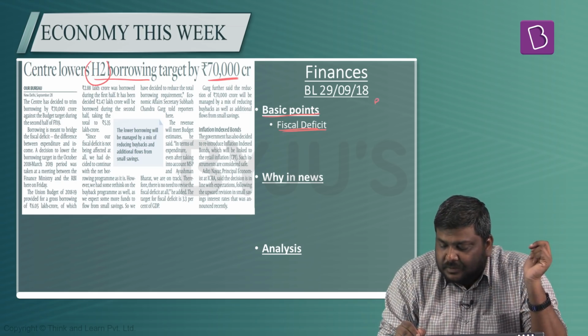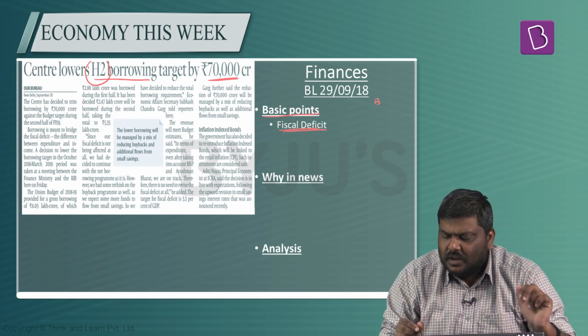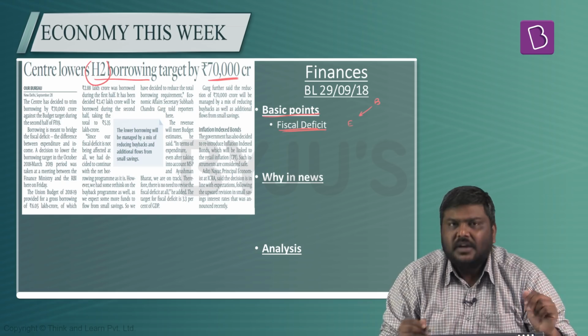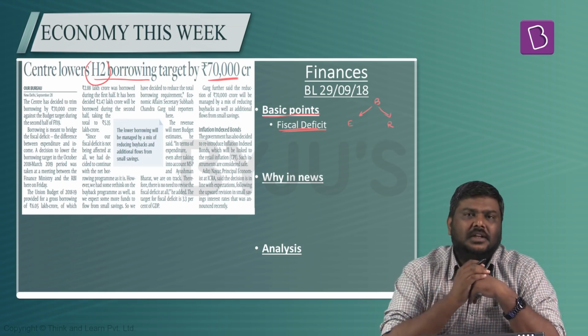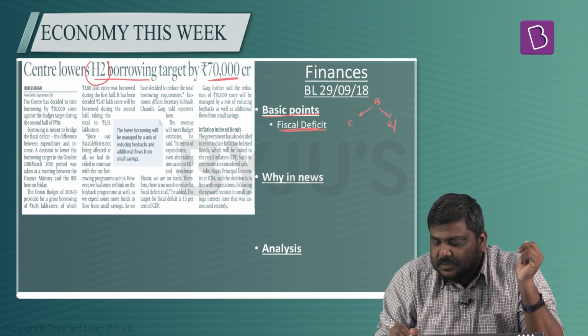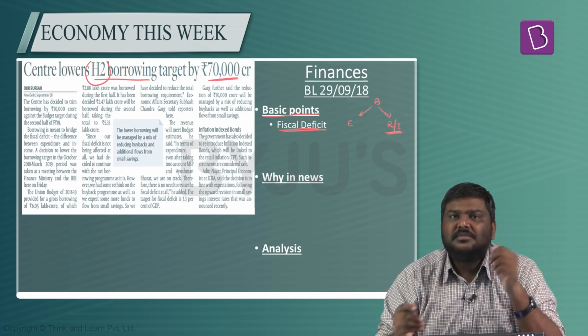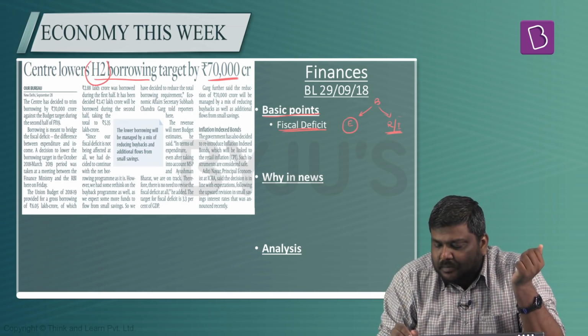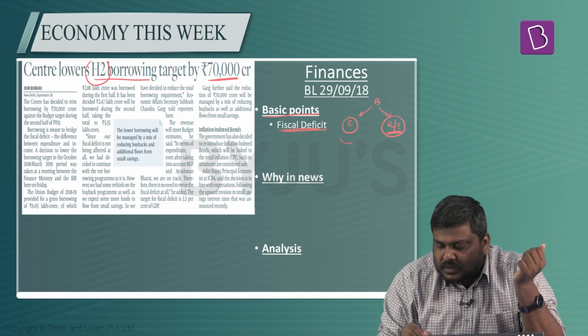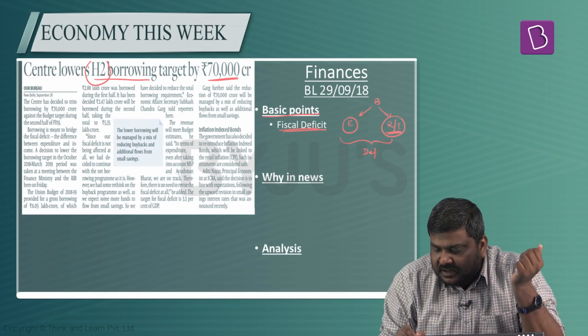During the presentation of a budget, the Government of India will tell how much expenditure they are going to incur as well as how much receipts they are going to collect. Now, when I say receipts in the concept of budget, it simply means incomes of the government. Obviously, the expenditure will be higher compared to the receipts. So, there will be a deficit here. To bridge this deficit, the Government of India borrows from the market.